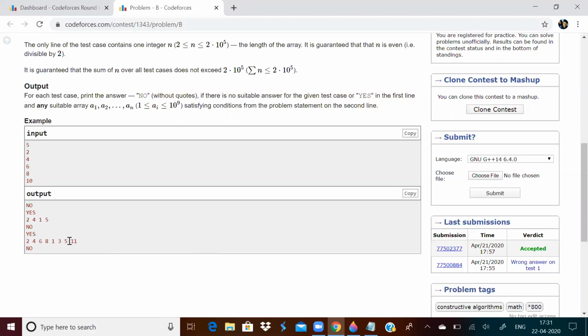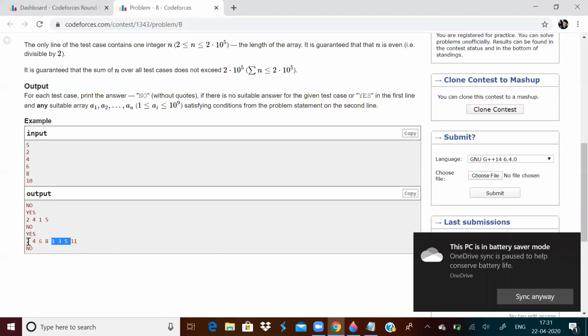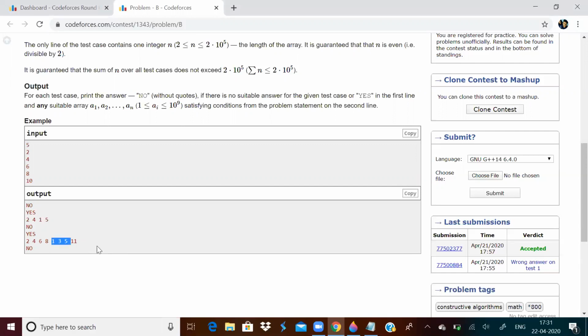That is until the second last element. You print this sequence. How to get the last term? It is simple. Add all of these and subtract it from that. What did I do? I will show you.